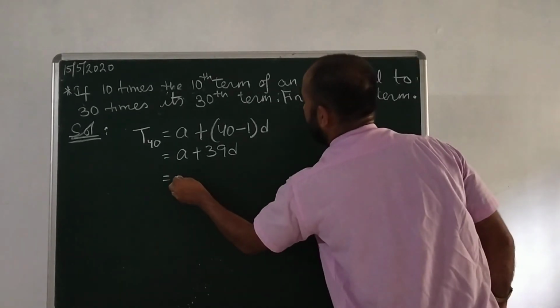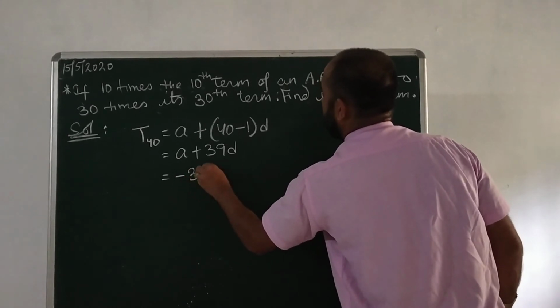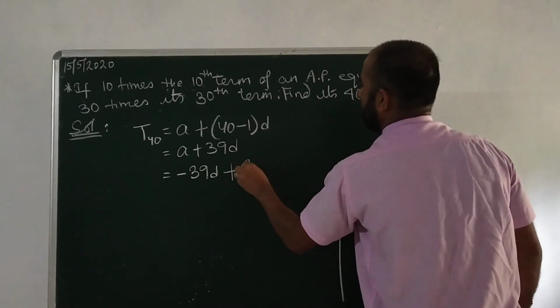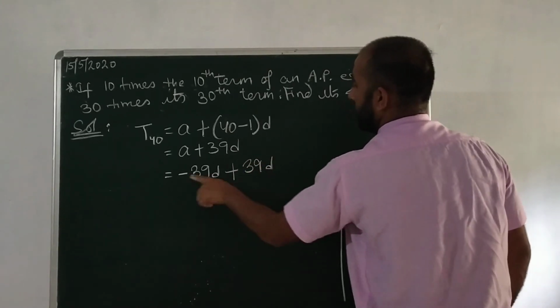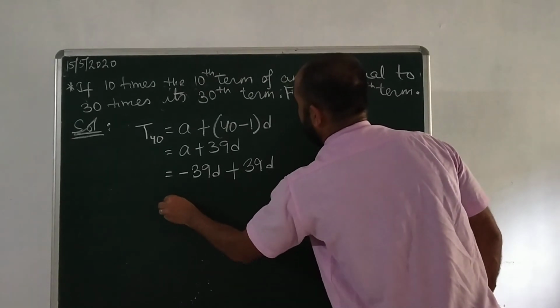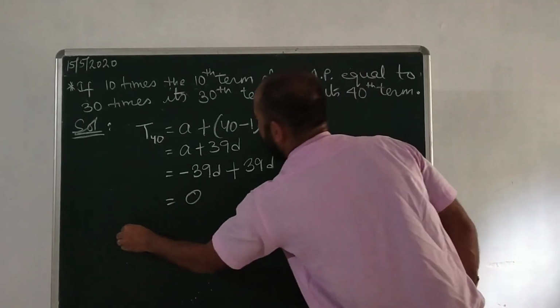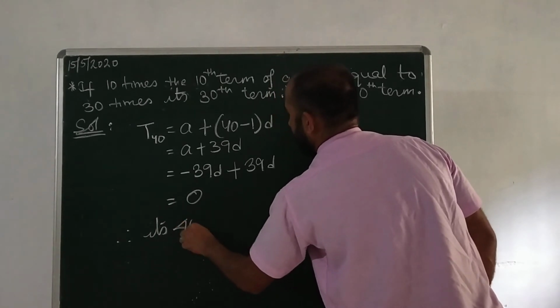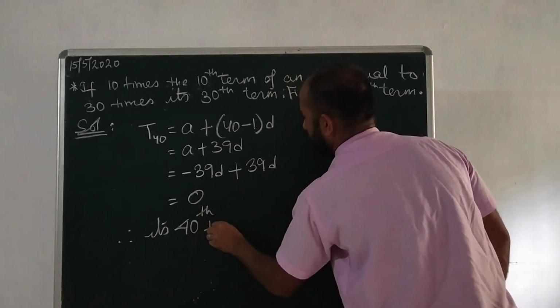Let's put the value of A, minus 39D, plus we have got 39D. So minus 39D plus 39D will cancel and you will get 0. Therefore, its 40th term